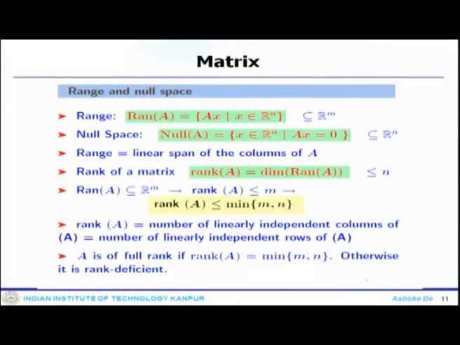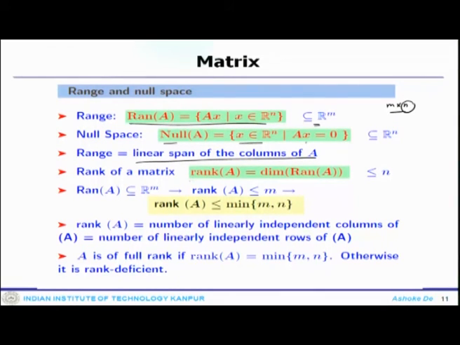Then, since the rows and the columns of A form some sort of a vector space, it is good to know what those spaces are, the range and the null space. The range belongs to R to the power m. The null space is essentially a vector space belonging to R to the power n, which we find by solving Ax equal to 0. Since A is an m by n system, the null space belongs to R to the power n. Then the range is the linear span of the columns of A.